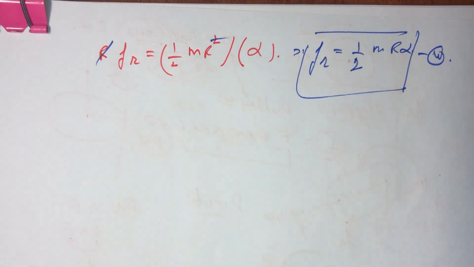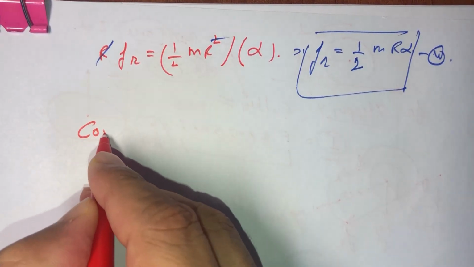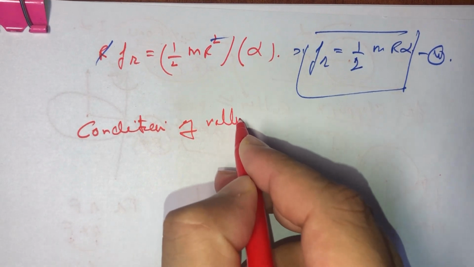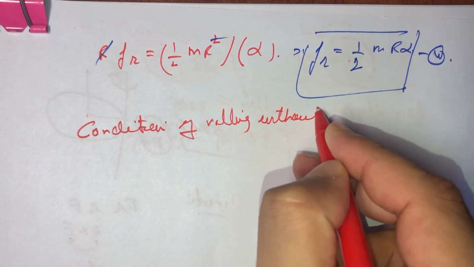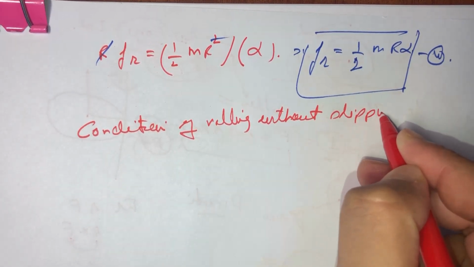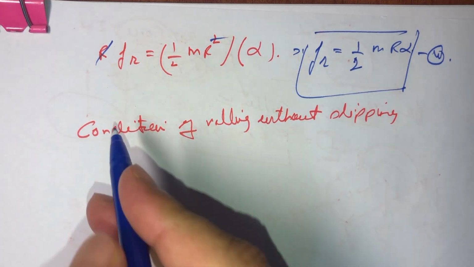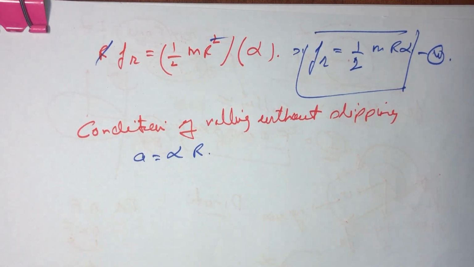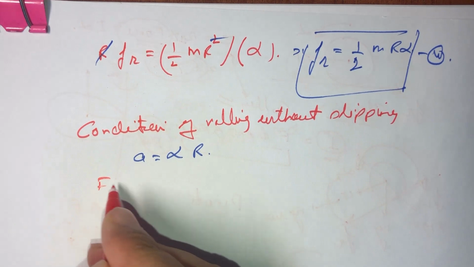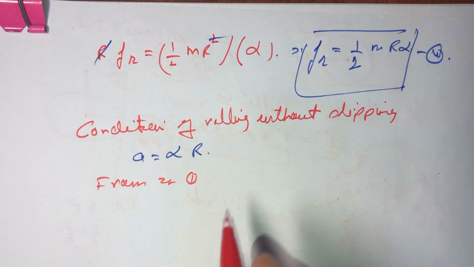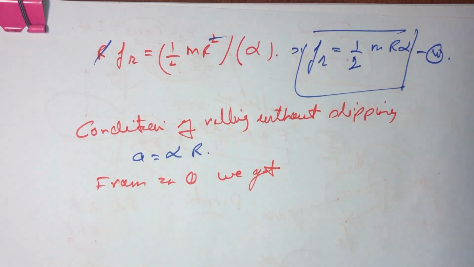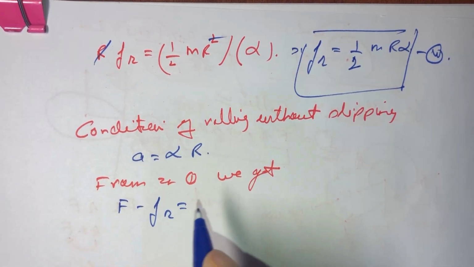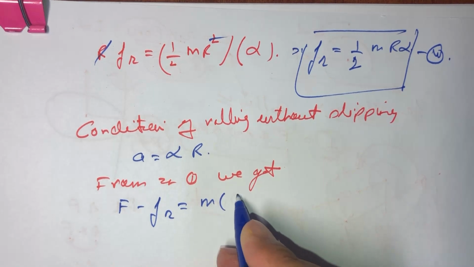Now for the condition of rolling without slipping, A will be equal to alpha multiplied by R. So from equation 1, we get F minus Fr is equal to m multiplied by alpha multiplied by R,